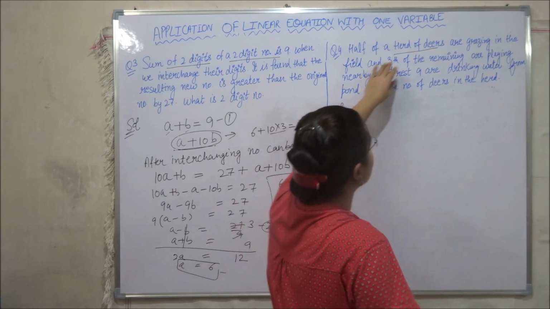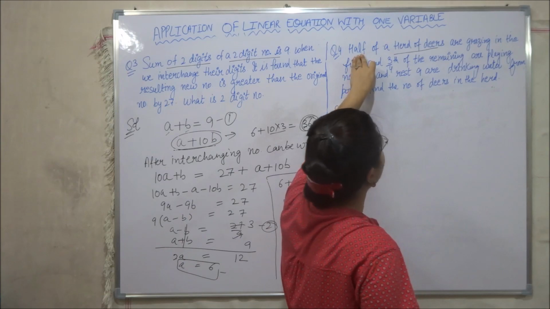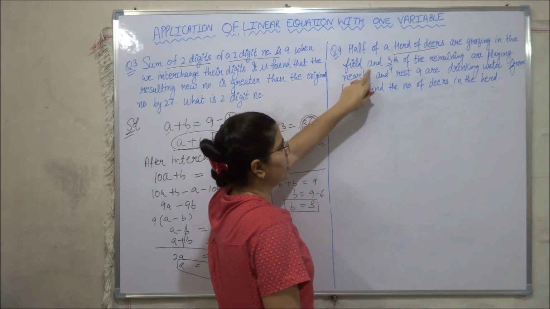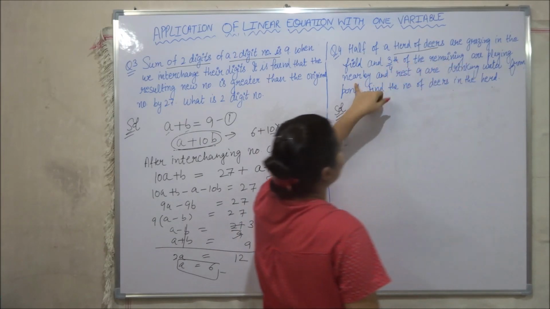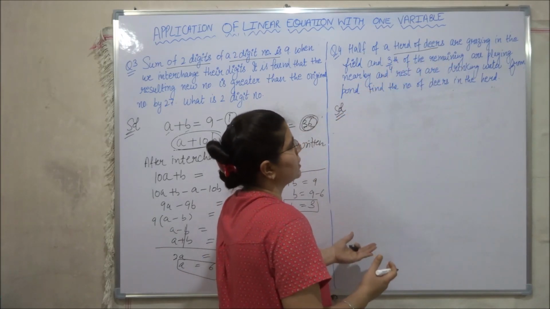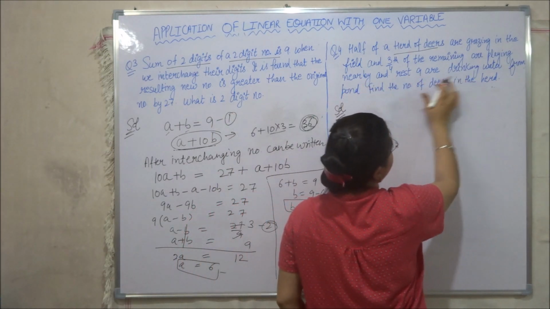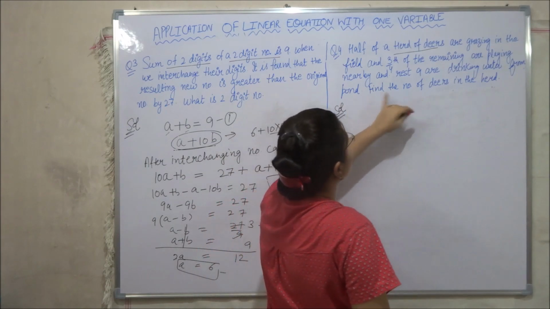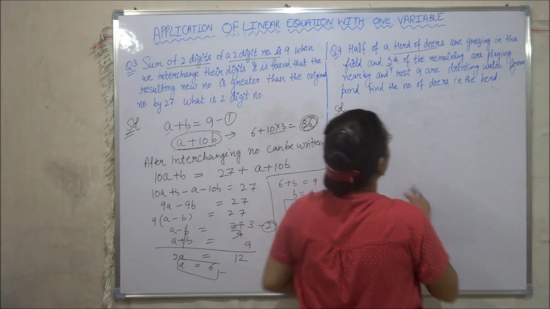That means जो deers का जो herd है, जो झुंड है, उसमें से जो half deers हैं वो फील्ड में grazing कर रहे हैं, मतलब घास खा रहे हैं, and 3/4 of the remaining are playing nearby, और उनमें से जो 3/4 बचे वो nearby खेल रहे हैं, and rest are drinking water from the pond, and जो बाकी 9 बचे वो pond में से पानी पी रहे हैं. Find the number of deer in the herd.